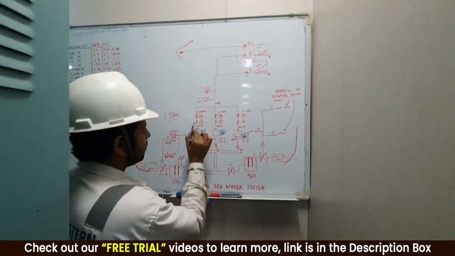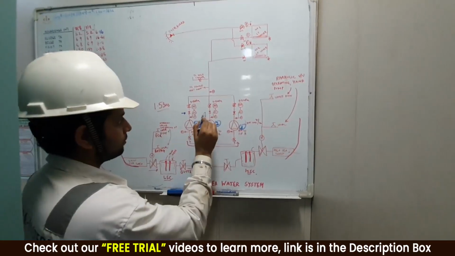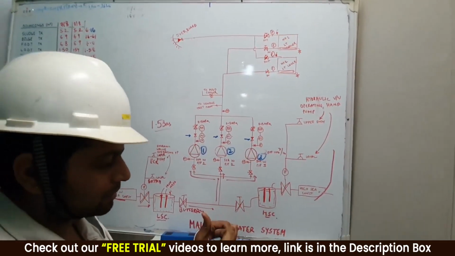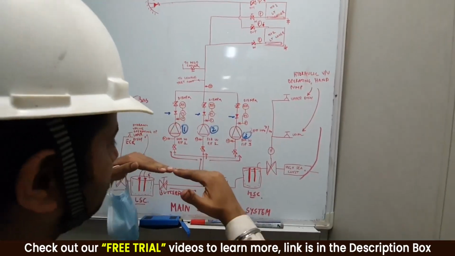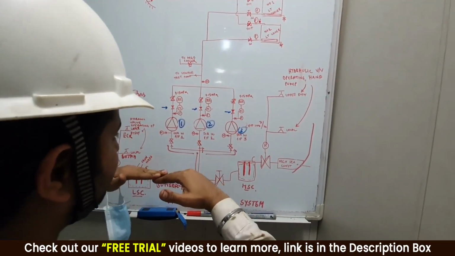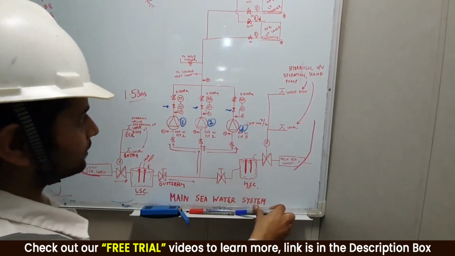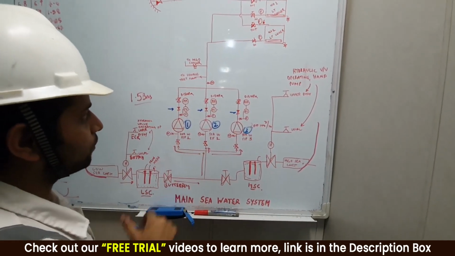Now see, there is a non-return valve fitted over here. You can see these non-return valves in the return line. Now this non-return valve is a flap type, guys. It opens like this. This is a flap type non-return valve. It opens like this. Copied, guys? So now what happens is, guys, when I talk about this non-return valve, why is this given?